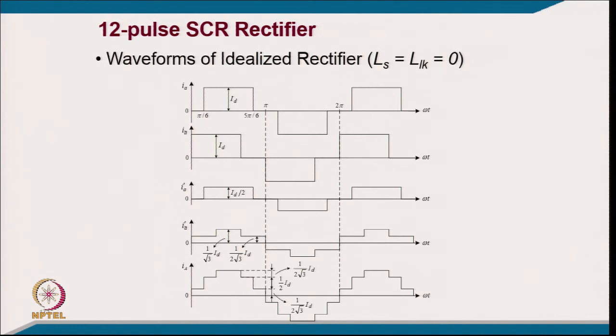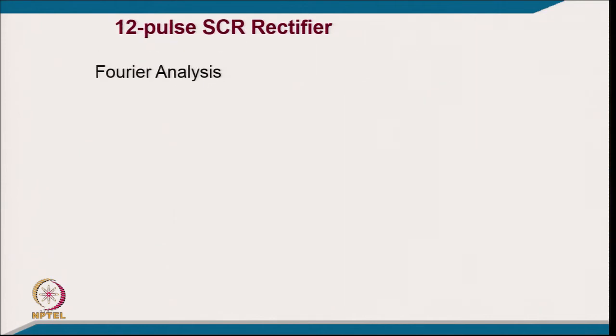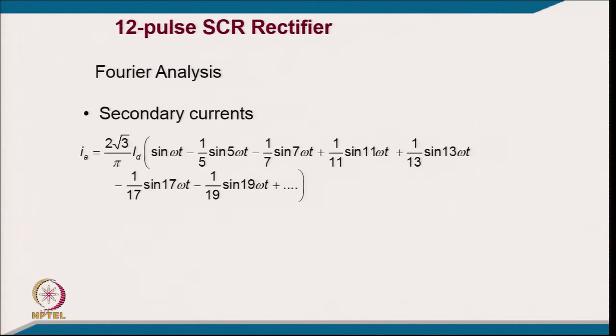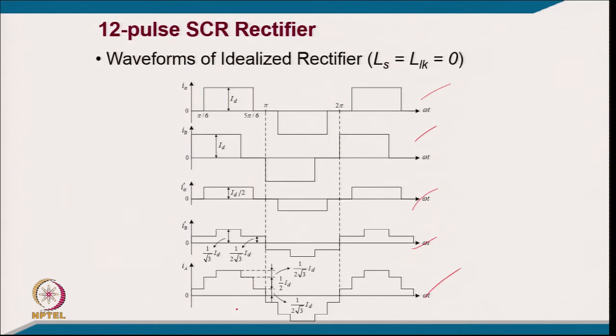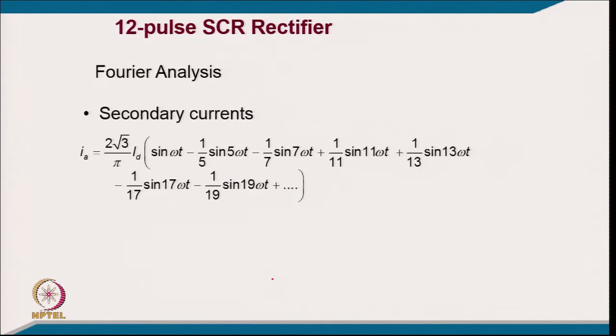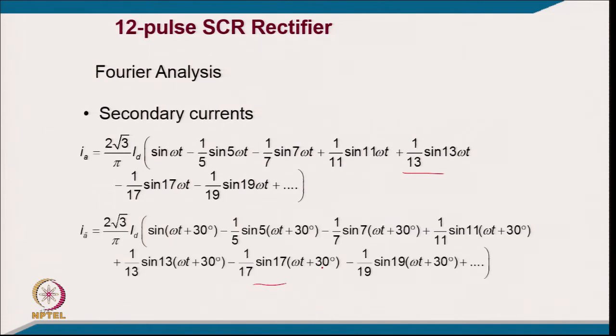This is how the current typically has a 6 pulse, another 6 pulse, how they are translated, and finally how it goes to the line current, with a certain approximation that we are neglecting the leakage reactance of the transformer for analyzing this. And now for the analysis of this current, in 12 pulse, you can have one converter of 6 pulse and another converter of 6 pulse,